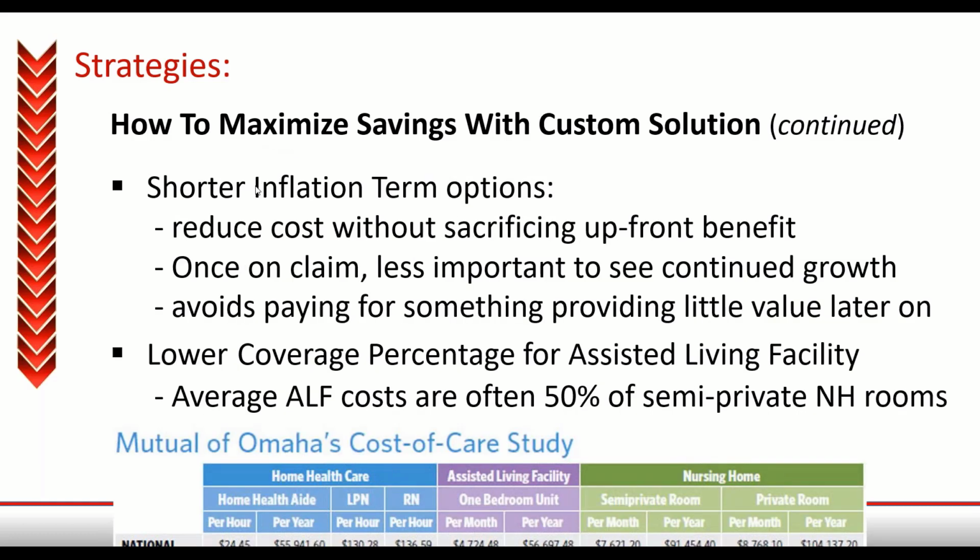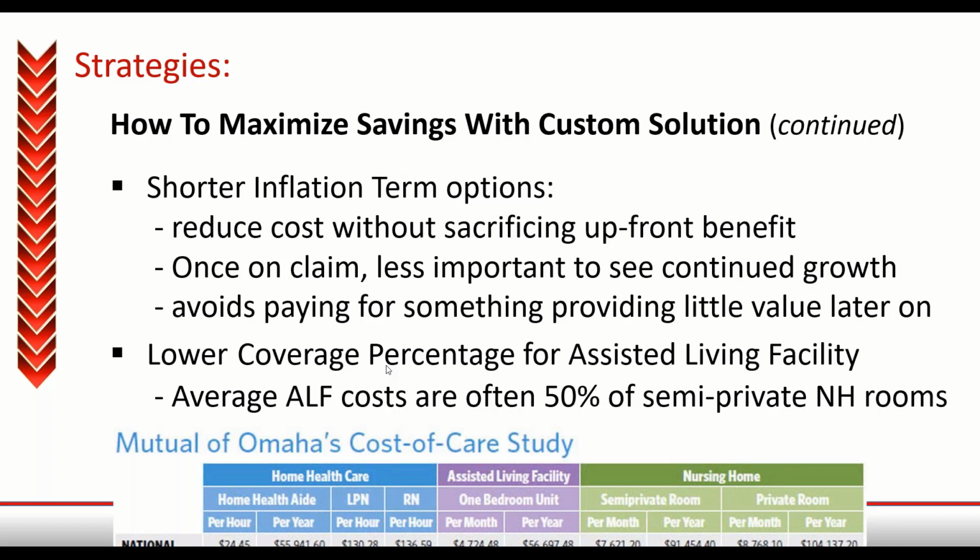So what we want to do is shorten the inflation terms in some cases, especially if they're 60 or 65. The main goal is to try to get them out to age 84. That's the age when most people are already going to be on claim or get on claim. So we want to get them out to 84 or 85. And again, I'll show you a calculator that we have that I use all the time. It really helps to figure out how to get those premium dollars down by lowering inflation, making sure they have the same or more coverage.